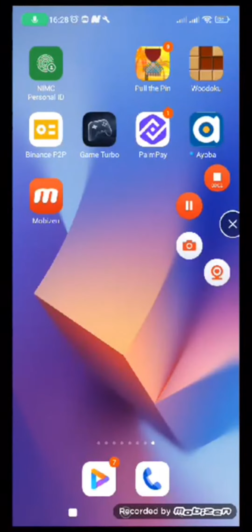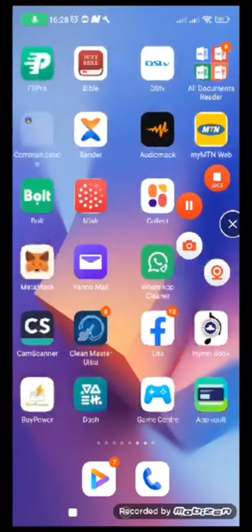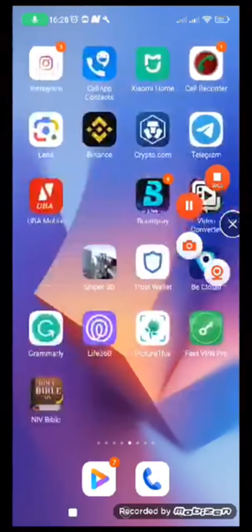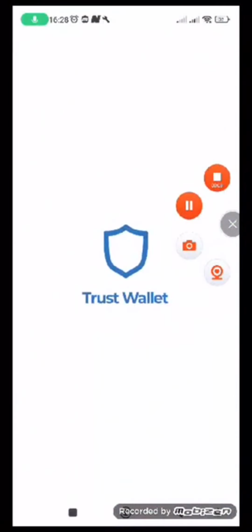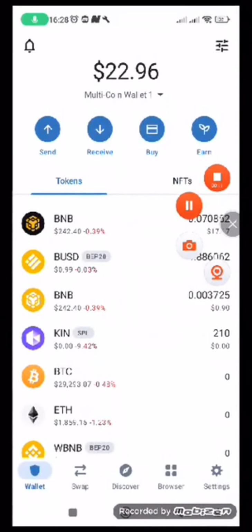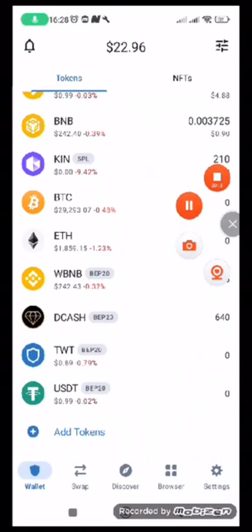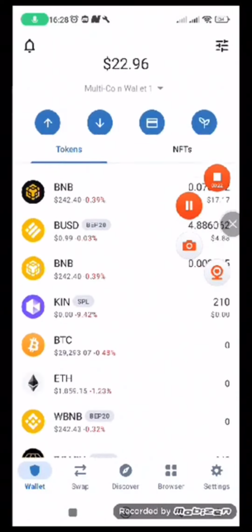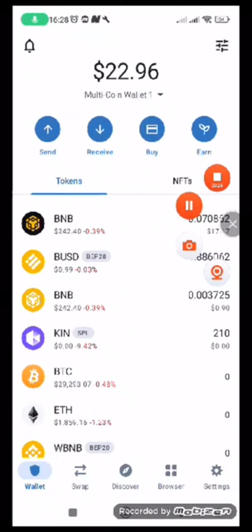Okay, this is the process to get started. The first thing you need to do is to go to your Trust wallet. So I'm here in the Trust wallet now. You'll be needing USDT and BNB. So you go to Trust wallet, you copy. You see the USDT is 0, and the